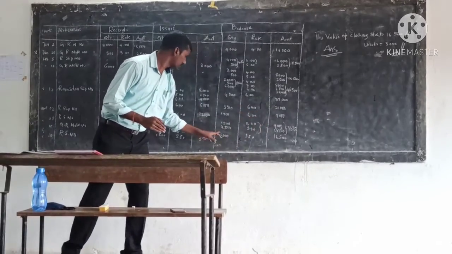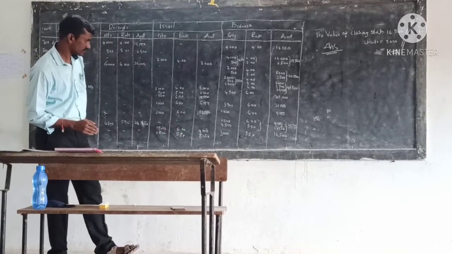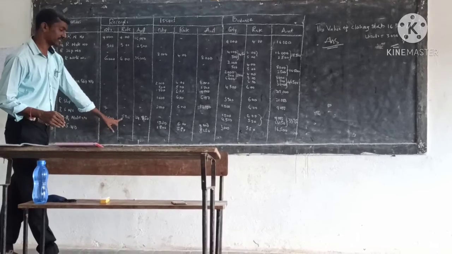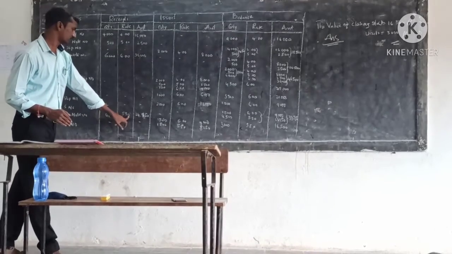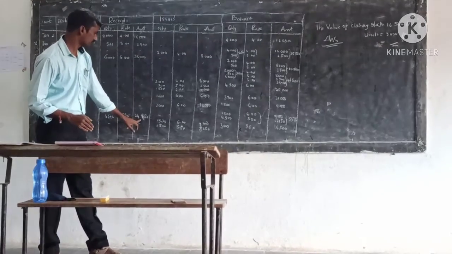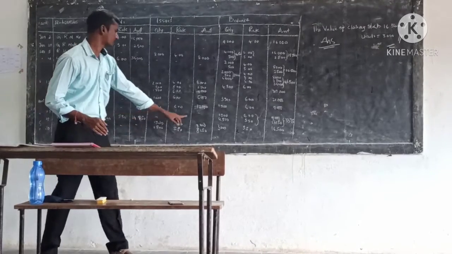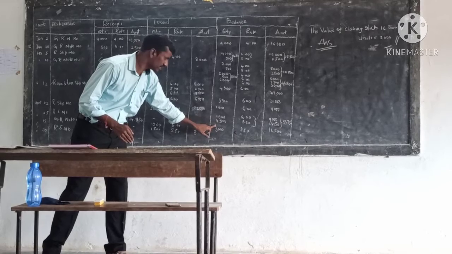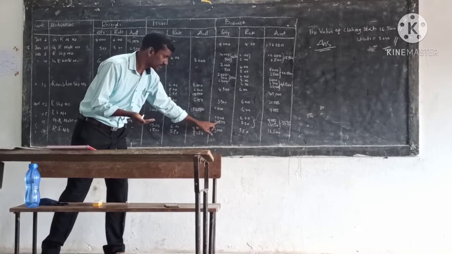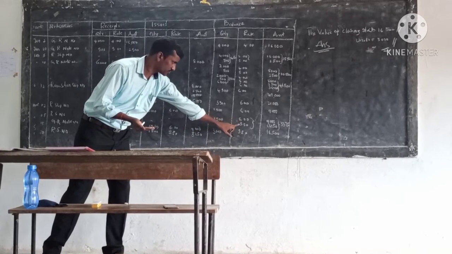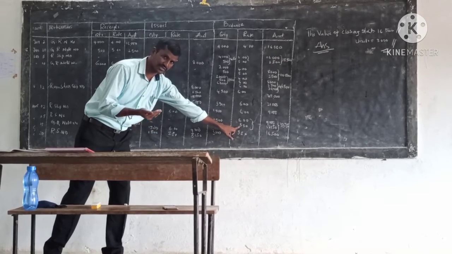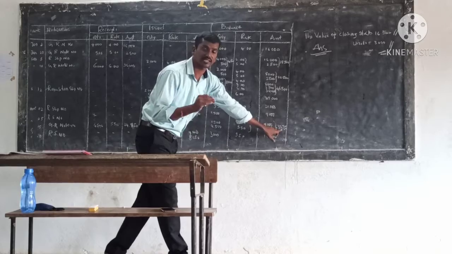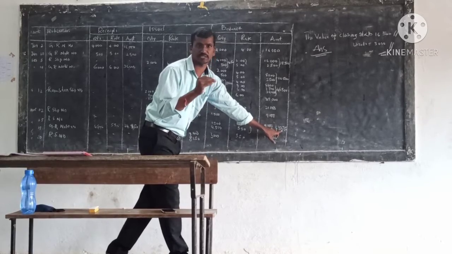9,000. Then we have received 4,500 units. At what rate? 5.50. Total comes to 24,750. So this again we have to write. The previous balance is 1,500. Today we have received the 4,500 units. This is at the rate of 6 rupees, this is at the rate of 5.50. The total comes to 33,750 rupees. What stock is available at the department.